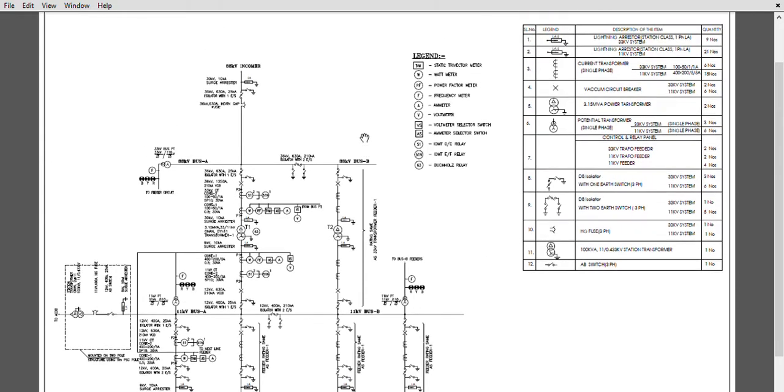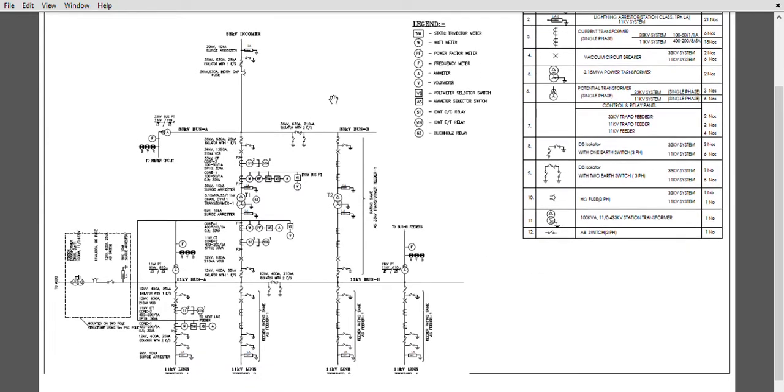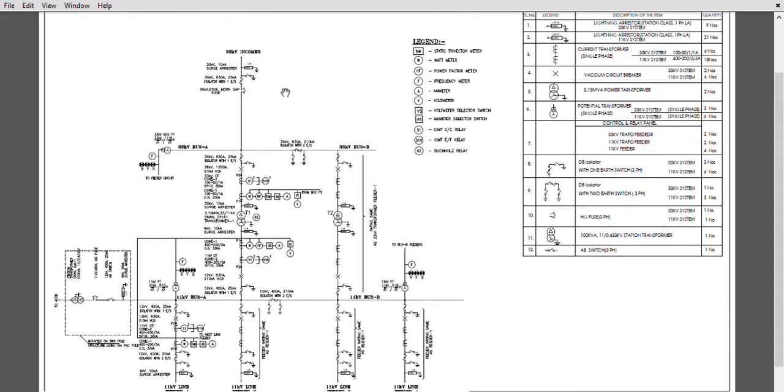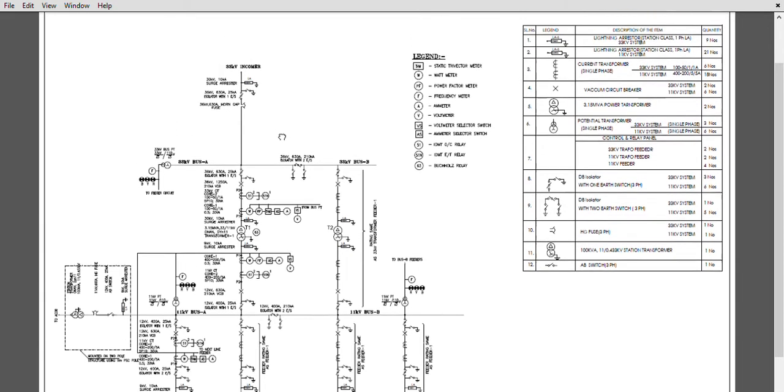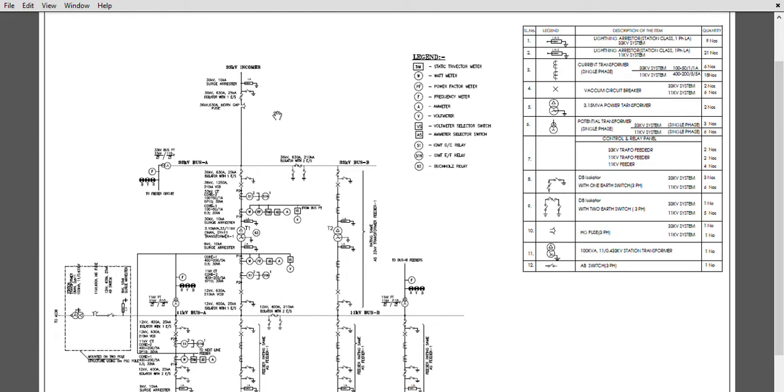Single line diagram is nothing but the single phase representation of a substation, which is a basic drawing of the substations. It has a lot of significance. By the single line diagram, we'll come to know how many incoming bays, how many outgoing bays, how many transformers, and what is the quantity of major equipment, etc. Let's start with how to prepare it.